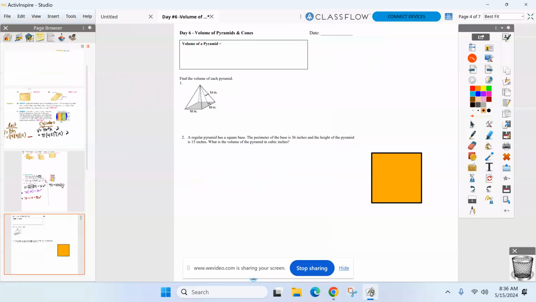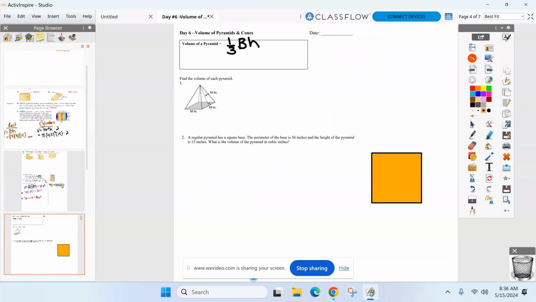Prisms and cylinders. Today's cones and pyramids. Volumes of cones and pyramids. So you guys go back to your formula sheet and you look at the pyramid. Compare that to the prism we did yesterday. It's pretty similar, isn't it? Look at the prism and the pyramid for me. It's pretty similar. The only difference is the pyramid now we multiply by 1/3